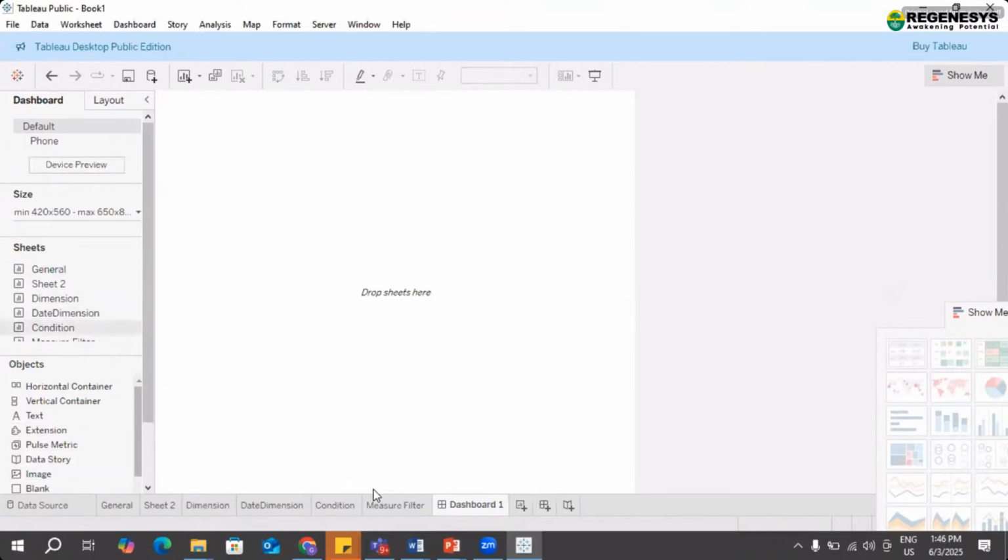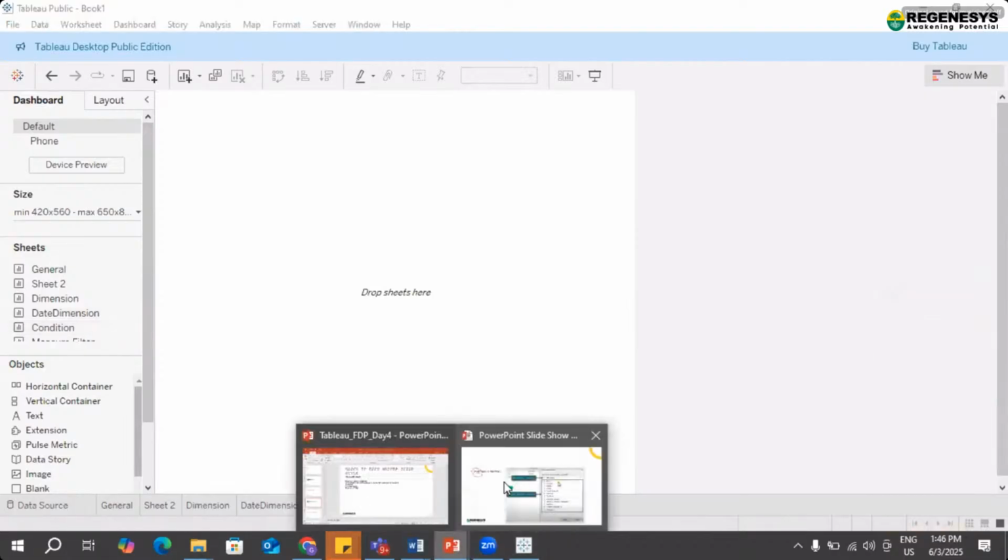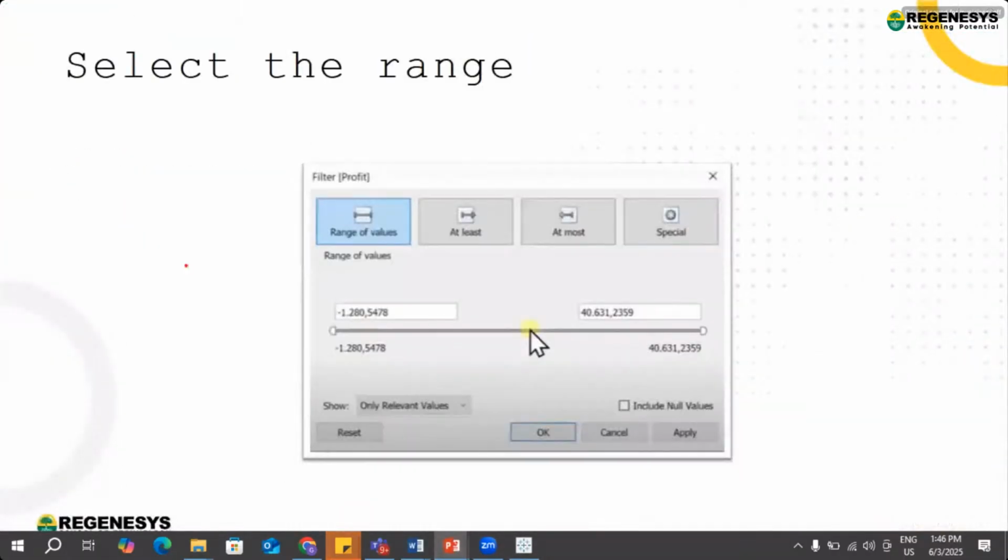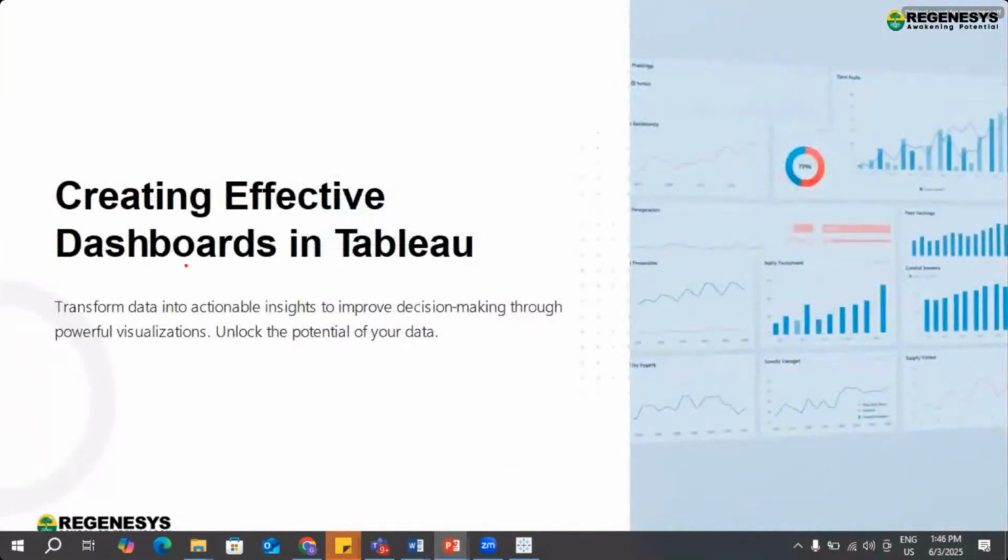So first of all, let us understand what the dashboard is. Dashboard is something wherein you have to show your effective analysis. Till now we have worked everything with the Tableau. We have seen the features and the limitations, everything from the Tableau.